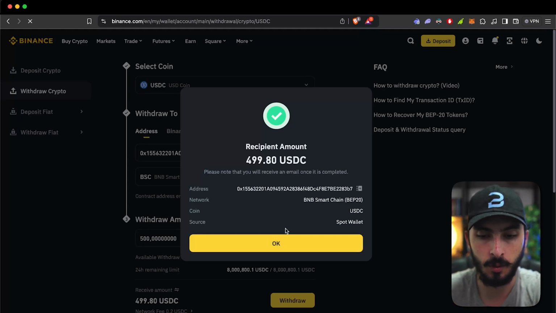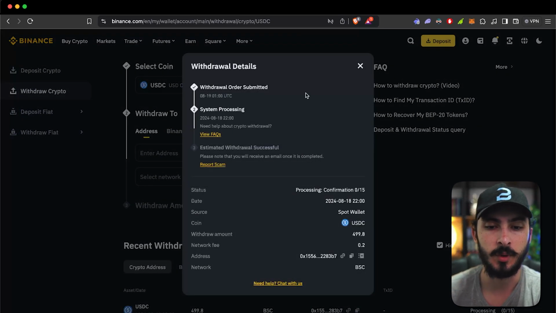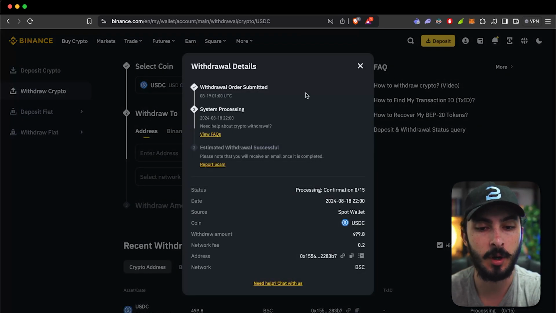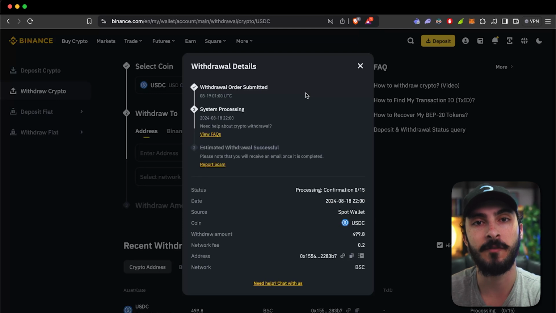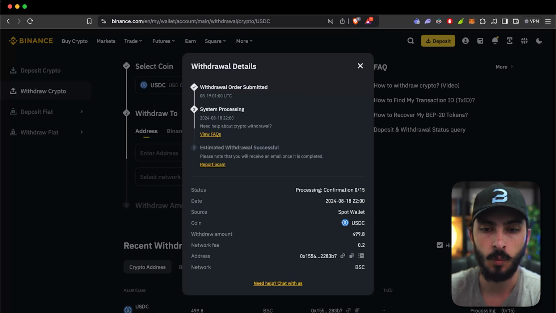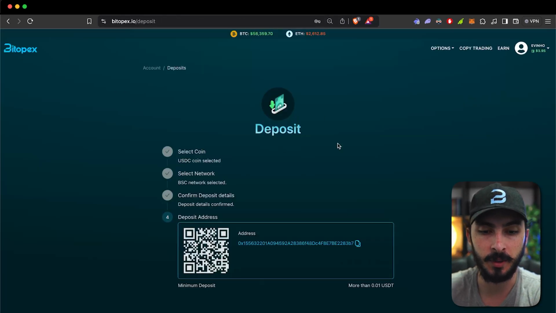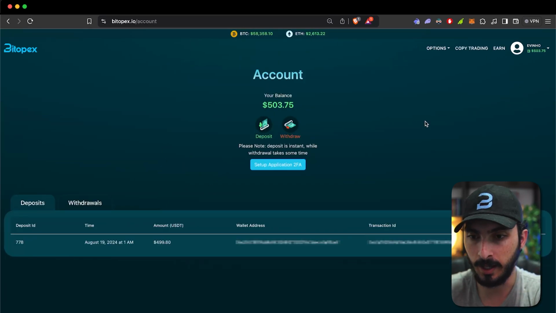So I'm going to click on OK. And now you can see that we have the order submitted and it is processing, and I should get a notification on my phone when I receive it. So what we can also do is go to Bitopex right here and wait for a deposit to be credited into the platform itself. So here on Bitopex, it took less than 2 minutes, so a minute more or less,